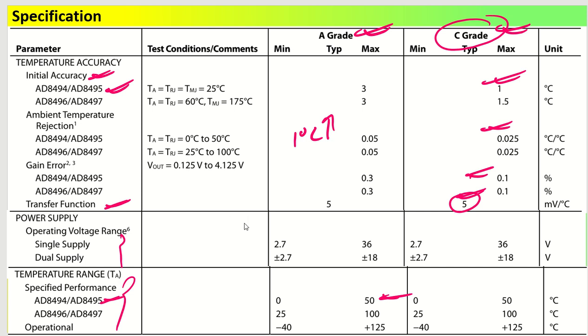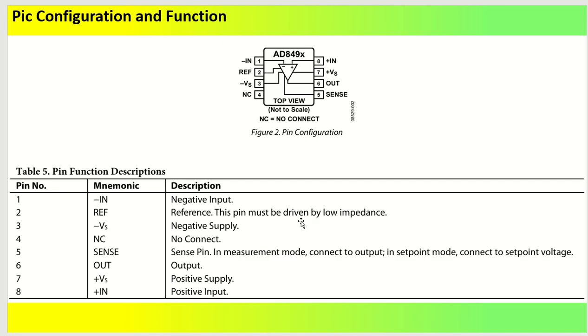Let us quickly see the pin description so that we can have a proper understanding of how to design the circuit. If we talk about the pin description, this is the 8 pin IC which is having MSOP 8 package. You can see we have negative input. So I will directly tell you, we have negative input, and this one we have reference. Okay,